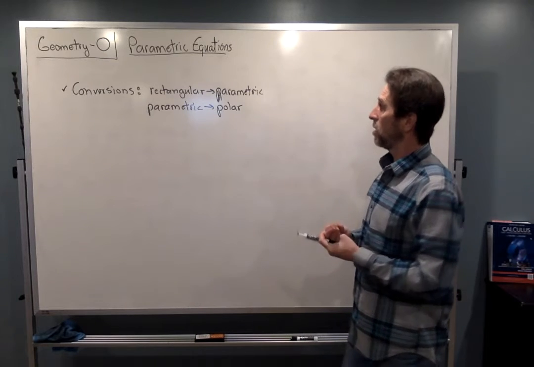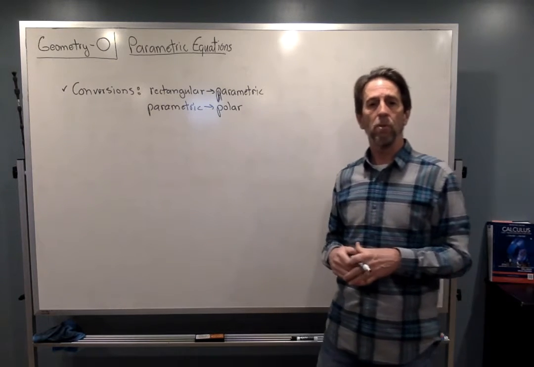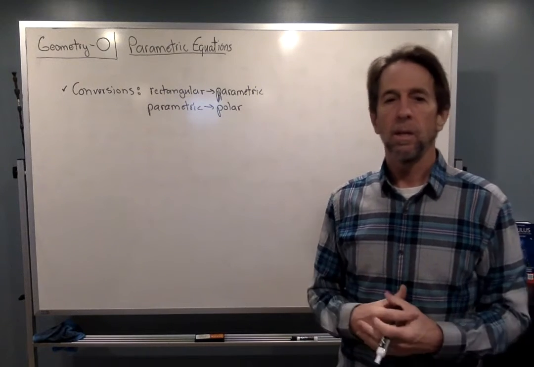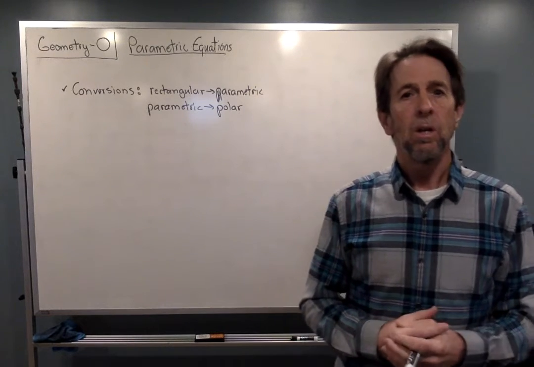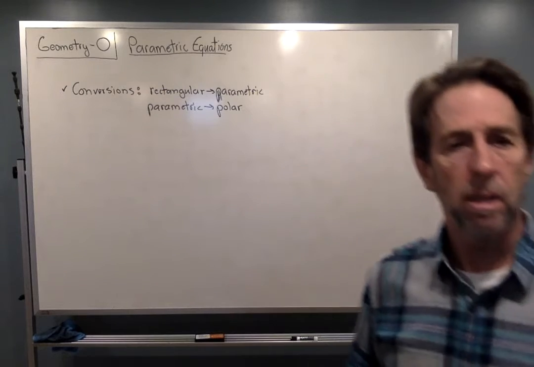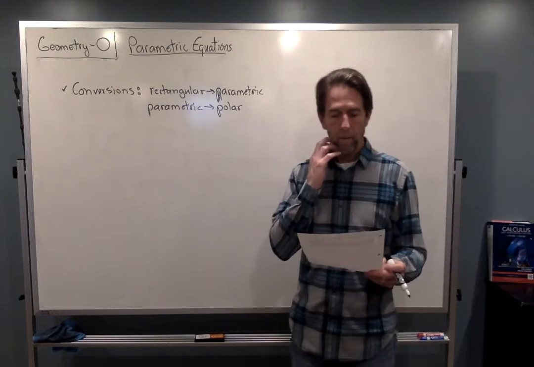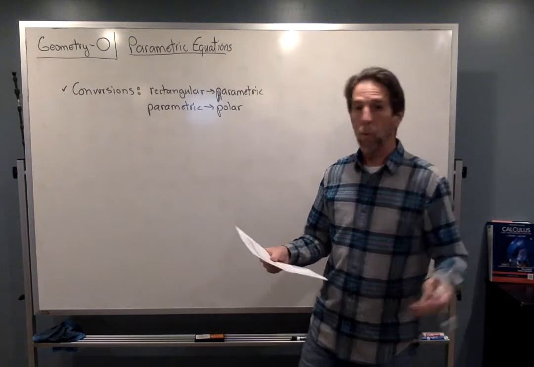If we have rectangular and we want to go to parametric, we just have to realize it's not unique, so we tend to let one of the variables be the t or the theta and then go from there. The ones that connect the trig parametrics to the rectangular are probably the most common. For example,